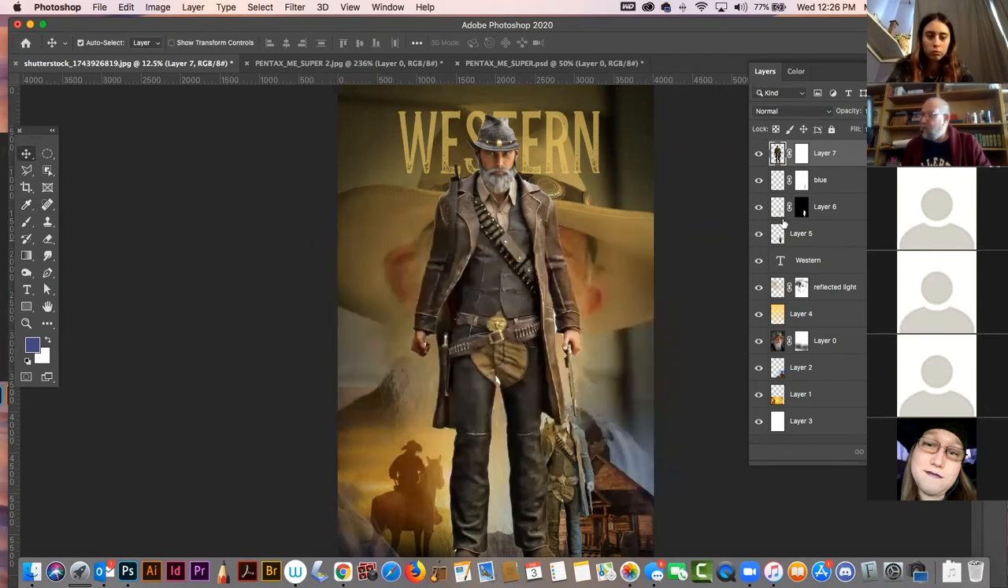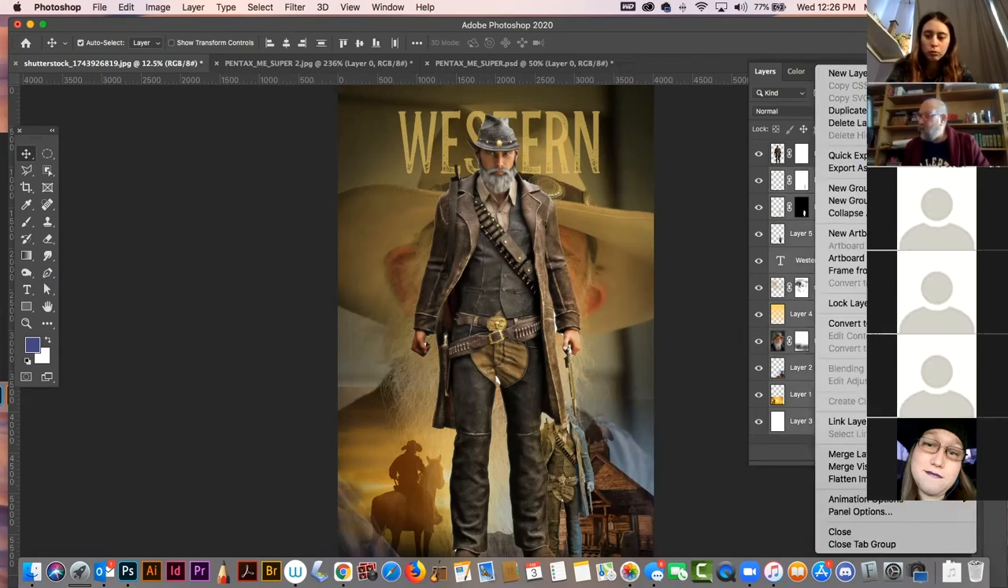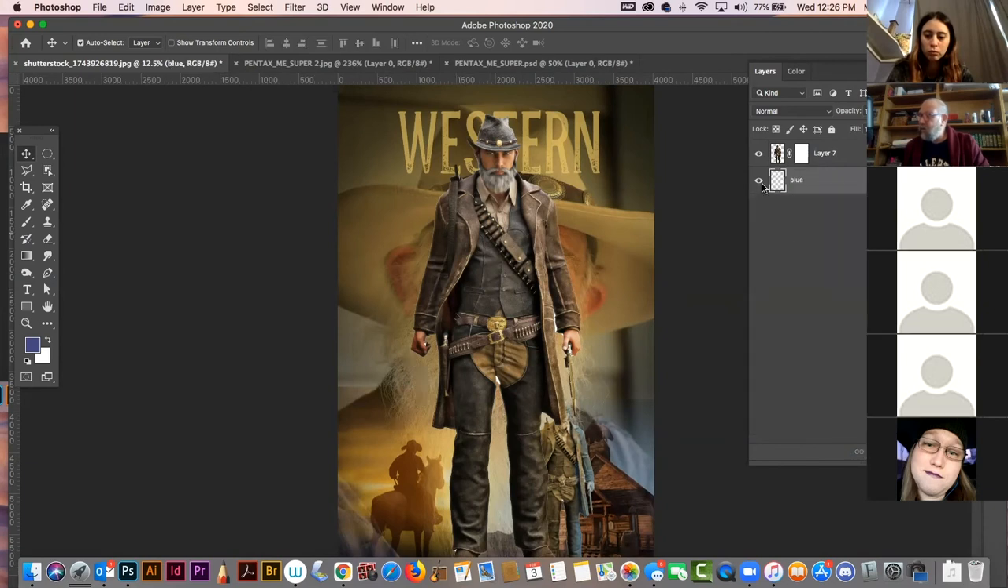Wait, we could do something like this. Let's take everything behind him. If you guys remember, we have this little flyout menu. I just picked all those layers. I'm going to go merge layers. So now they're all there, and I'm going to go,